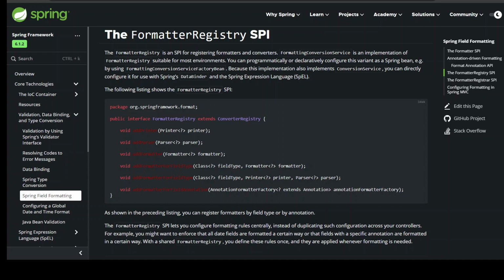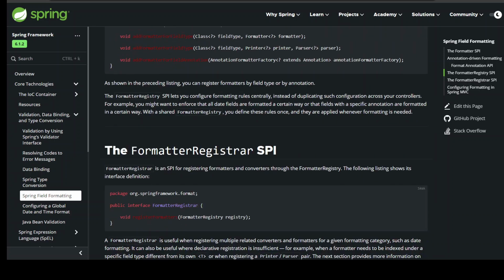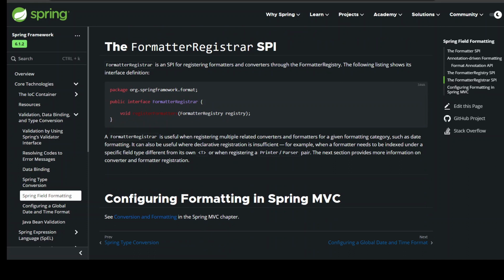The FormatterRegistrar SPI. FormatterRegistrar is an SPI for registering formatters and converters through the FormatterRegistry. The following listing shows its interface definition. package org.springframework.format; public interface FormatterRegistrar { void registerFormatters(FormatterRegistry registry);